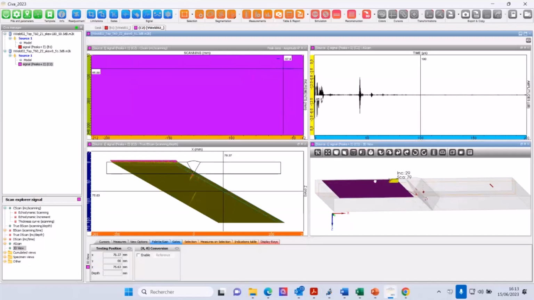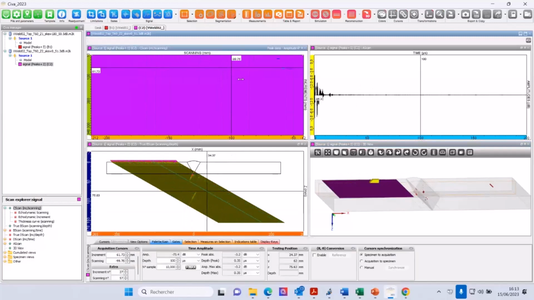So here what you see is from one side. So you have a scanning and you can see the different echoes. And on this data, we have a zone. We know this mockup. We know what we have inside. So we have three types of flaws, and we'll focus the demo on the three types of flaws: lack of fusion, center wall flaw, and a lack of sidewall fusion at the surface. So you have the different echoes, and we have a zone without flaw, so we only have the dominant echoes from the root of the weld, and the zone with the flaws.